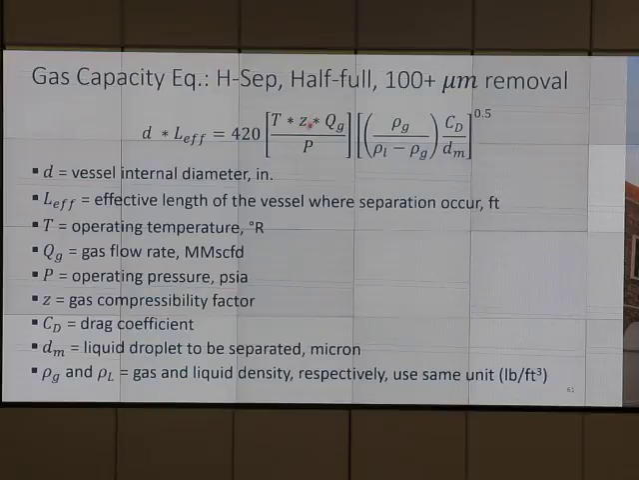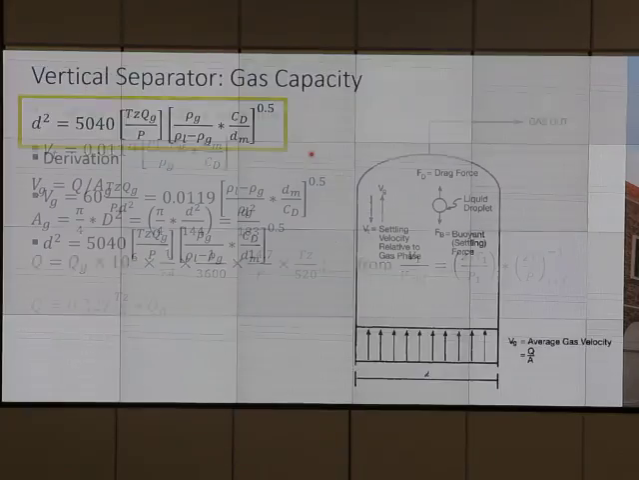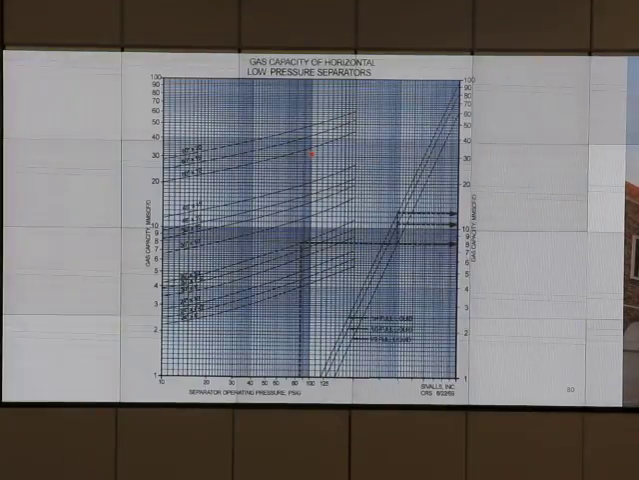But it changes. So the size of the separator depends on temperature. What temperature are we working at? It depends on pressure. What pressure are we working at? If a separator works for one pressure and we double the pressure, will it still work? Or if we decrease the pressure by half, will it still work? Maybe, maybe not. So I want you to know that the size of the separator depends on pressure too. That is why when you look at the table,